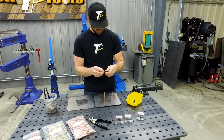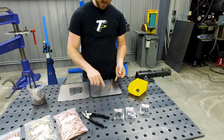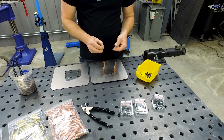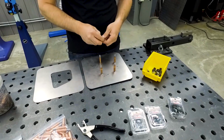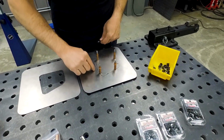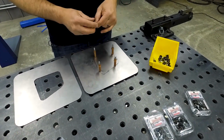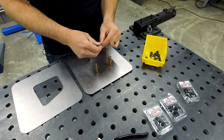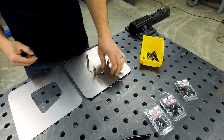Basically, if you've got your patch panel in place, say you're using Clecos, if you drill your holes right up on the edge of your patch panel, once you're done fitting your panel in place, you're done with the Clecos and you want to cut the edge of your panel out to be able to drop your new patch panel in and weld it in place. If you, like I said, drill the hole right on the edge, when you are ready to weld it in place, if you drop these little grippers on,